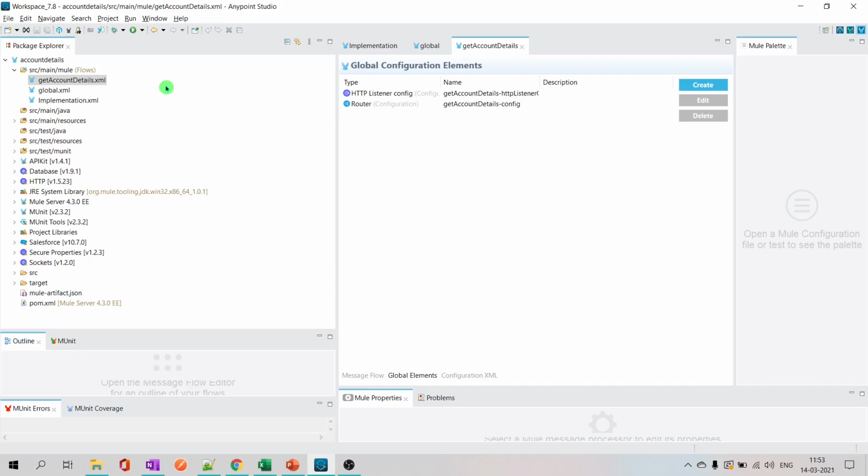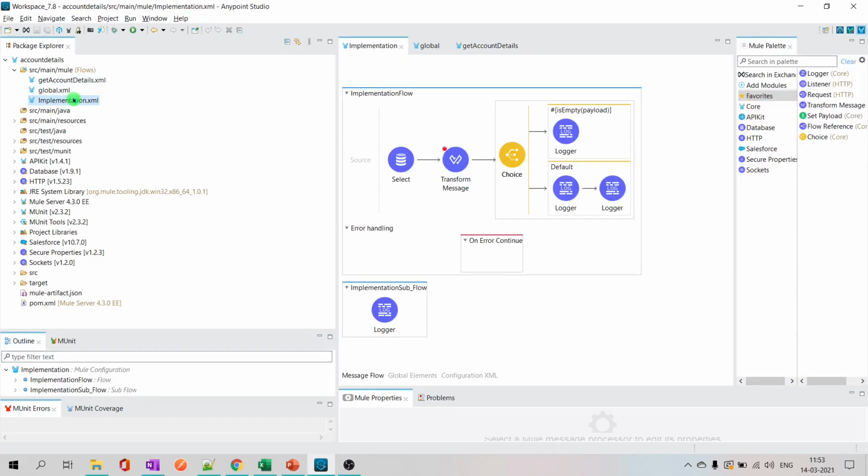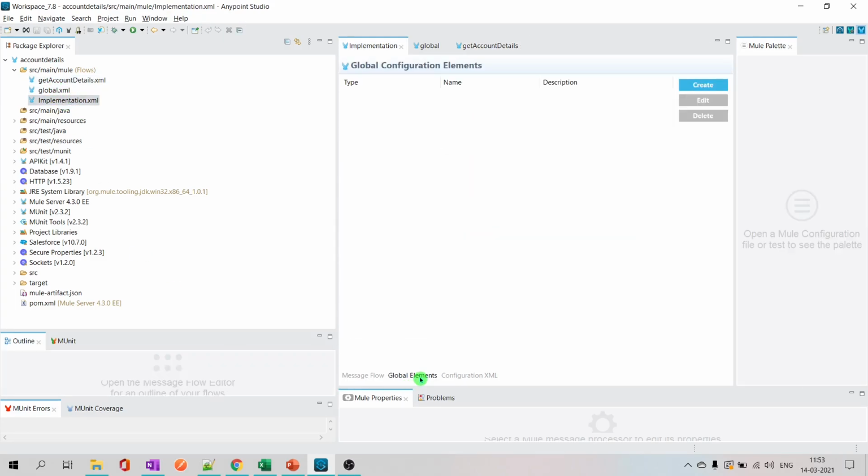But just think of it, when there are so many endpoints, like multiple business logics implemented in this API, let's say more than 5 or 6. When you are making changes in future, or troubleshooting some issue, it will be difficult to go into each Mule configuration file and check the global elements where this particular connector configuration is present. Instead, if you have all those at one place, it will be easy for you to go and check